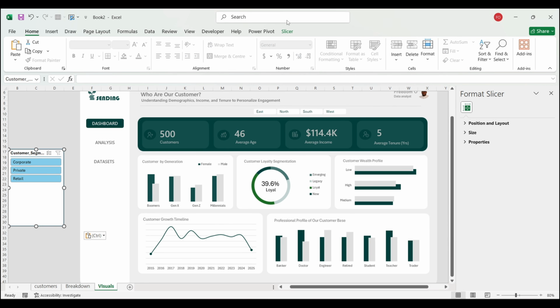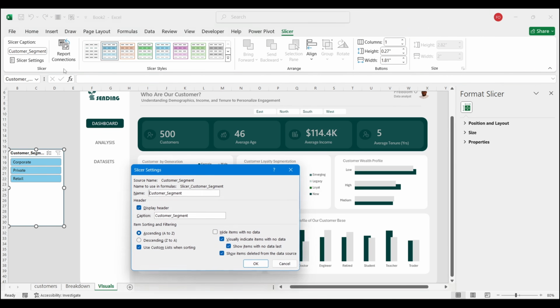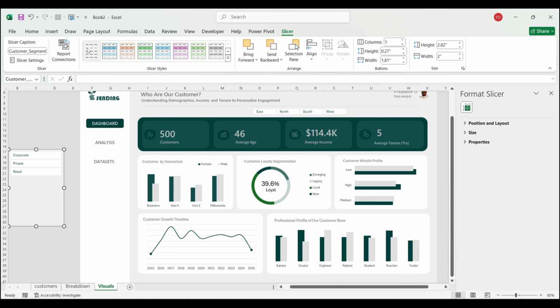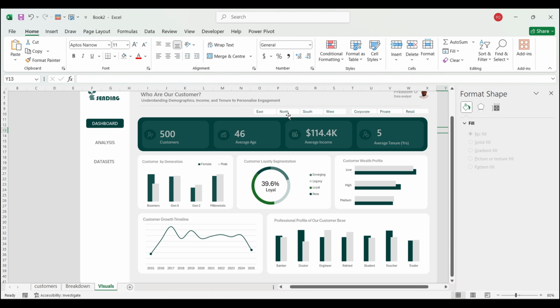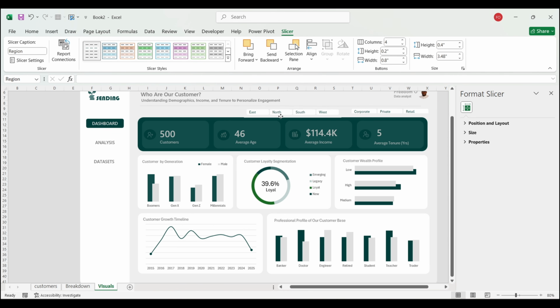So format this as well. Go to our slicer setting, slicer, remove the display header, click OK. Then we use this as well. So you can increase this to 3. Reduce the height, reduce the width. So now we have this. And to make sure it's active,